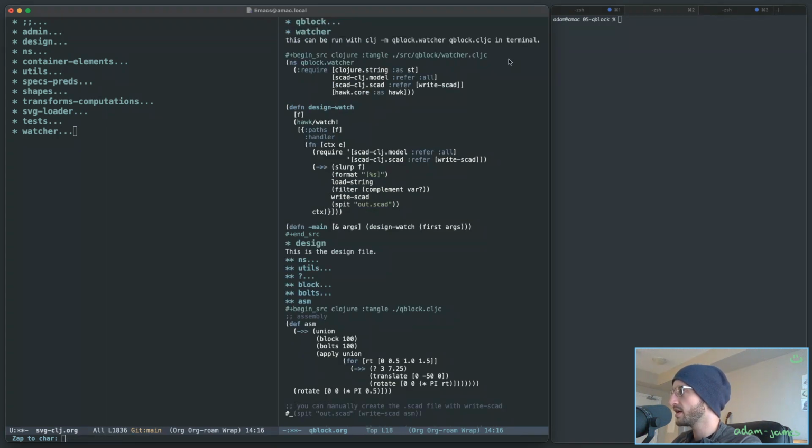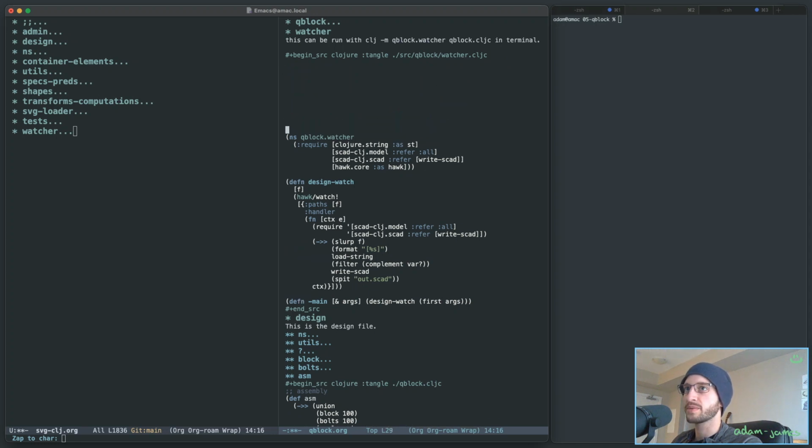Clojure code is really simple. Everything is inside lists of parentheses. And the most important thing to remember is the first element inside any list is a function. So this list, this S expression is multiply